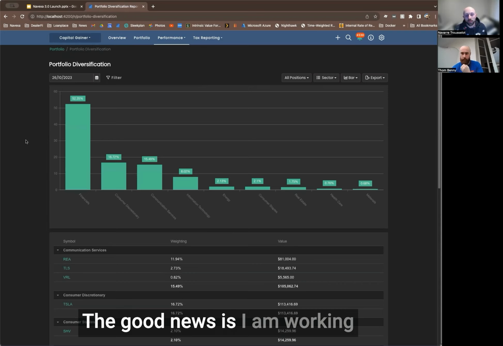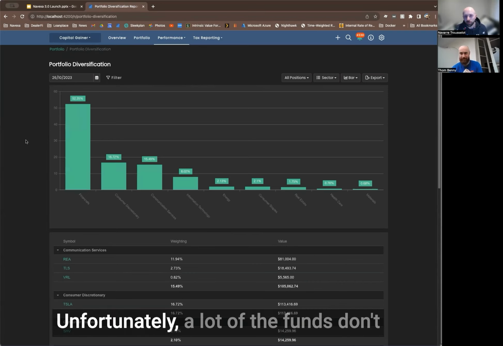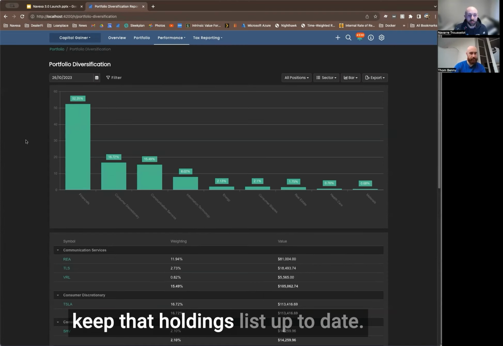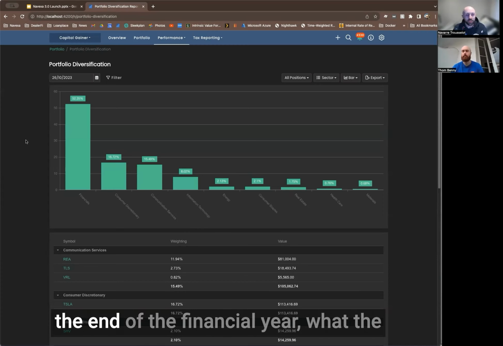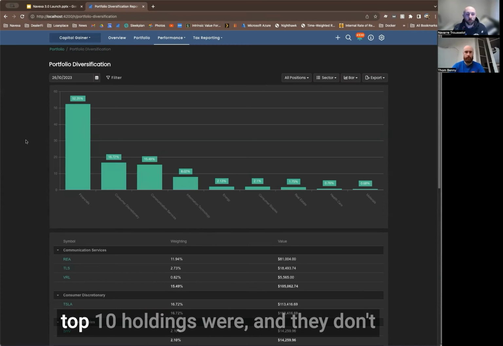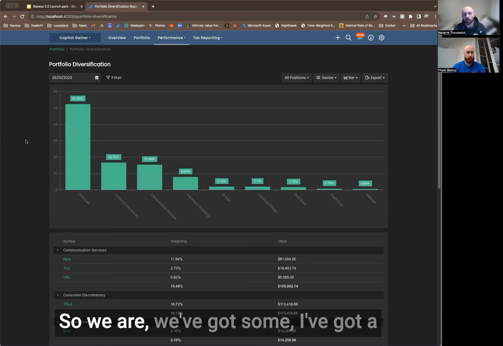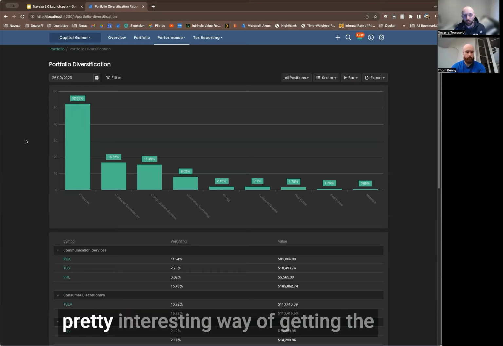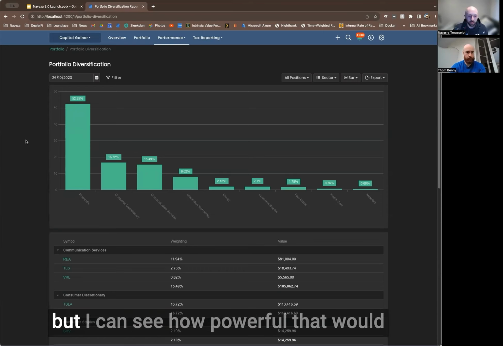The good news is I am working on a way to get the data. Unfortunately, a lot of the funds don't keep that holdings list up to date. Some of them just publish once at the end of the financial year what the top 10 holdings were, and they don't even give you the full information. So I've got a pretty interesting way of getting the data, which needs to be implemented,